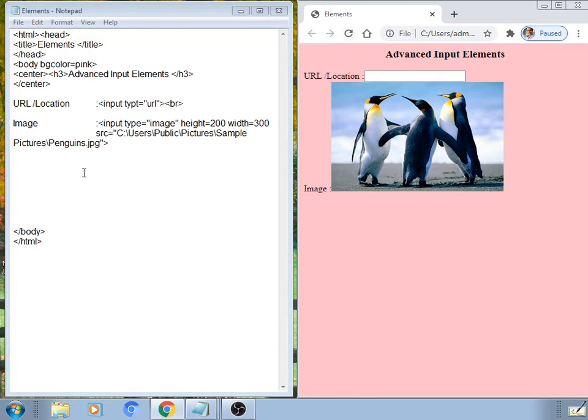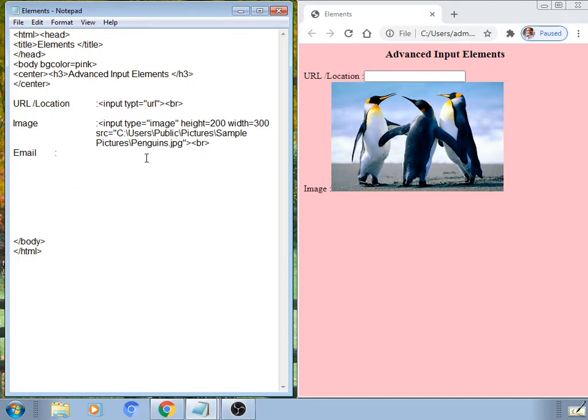Next element from these input elements, the email box. As its name suggests, it is used for the typical purpose of entering an email ID.